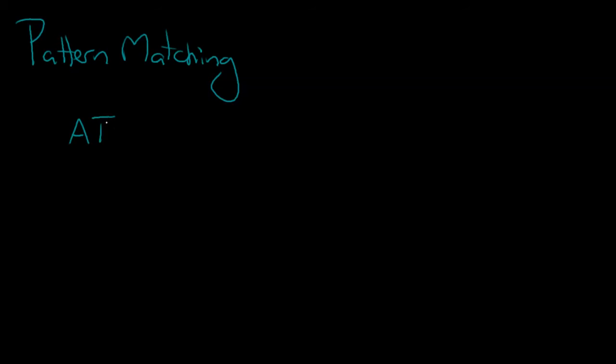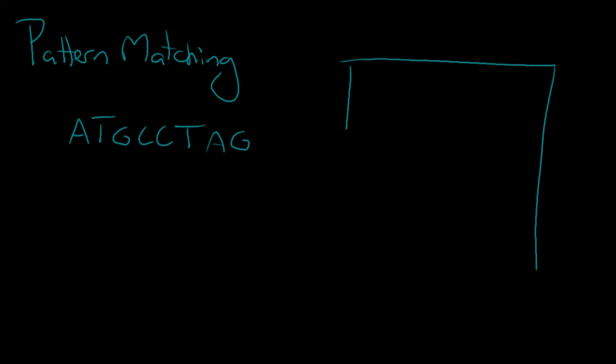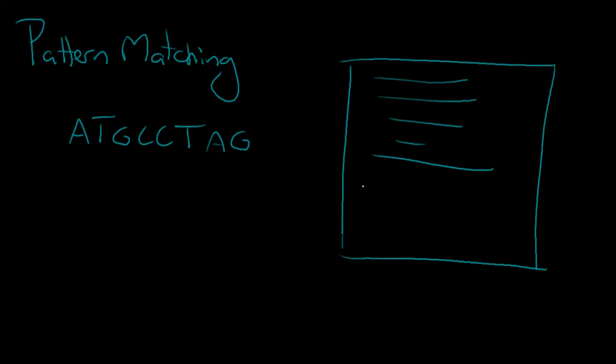Another kind of algorithm you might see is something like pattern matching. And pattern matching is pretty common. Pattern matching happens with things like DNA. This is actually a pretty common thing nowadays. Maybe you have a piece of DNA that looks like this, and then you have over here this massive file with all this DNA in it. Maybe it's, I don't know, like aardvark DNA or something. So you have aardvark DNA,